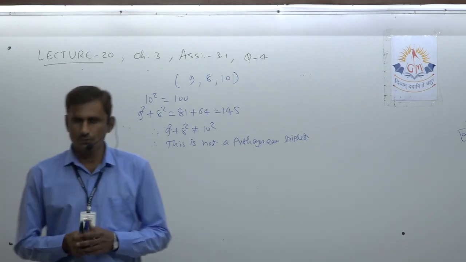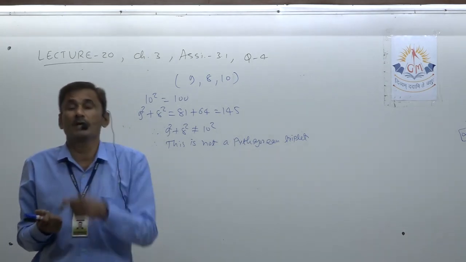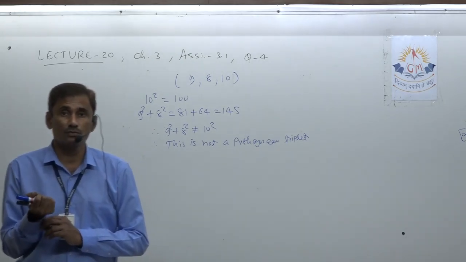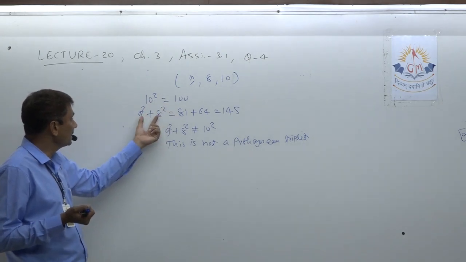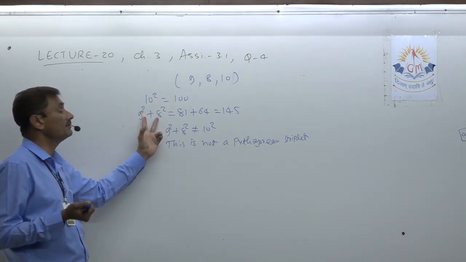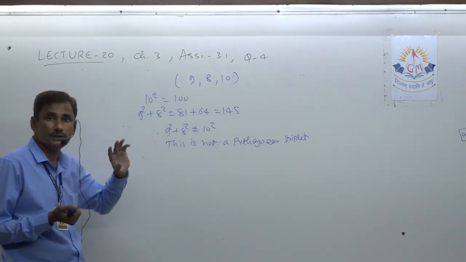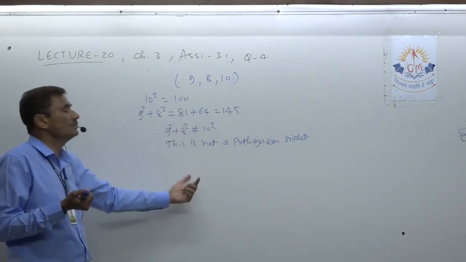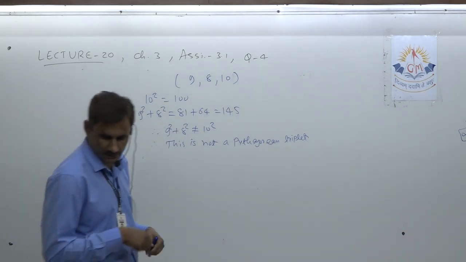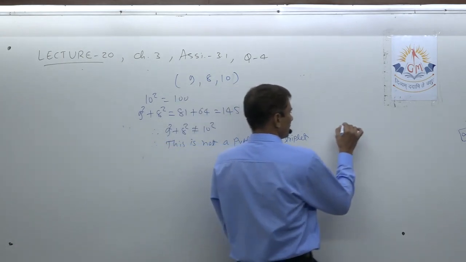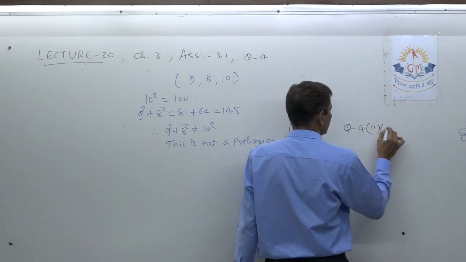Okay. How to know again? Make the square of the largest side and then compare it with the sum of squares of the other two sides. So I first make the square of the largest side and then the sum of squares of the remaining two numbers. It is found to be 145, not 100. So no. Okay, so the second and third are homework. Same method. If equal, then yes, otherwise no.